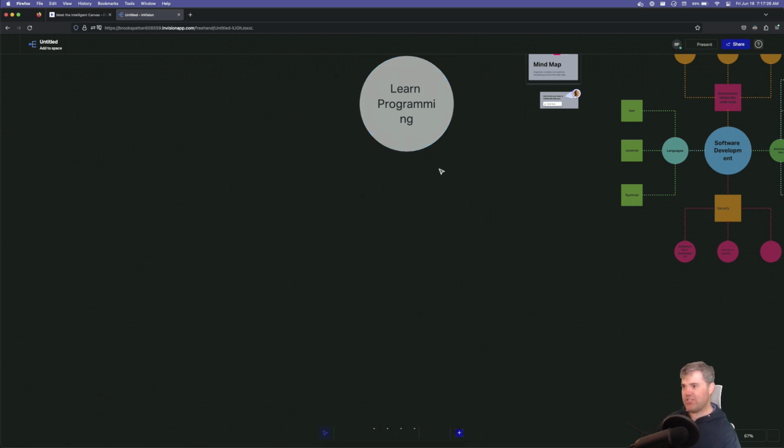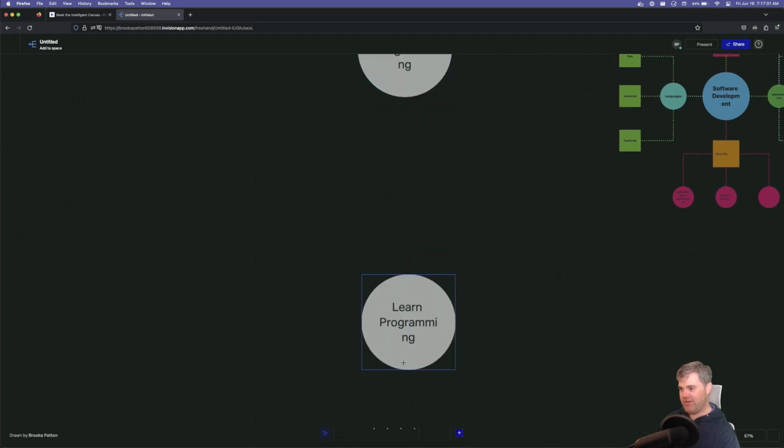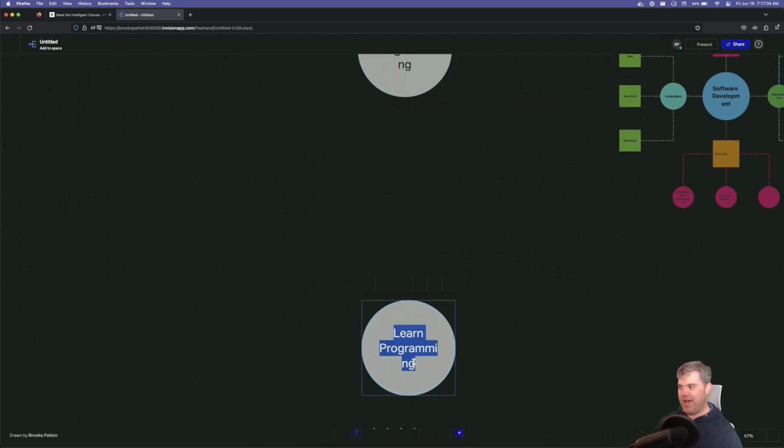Okay, so if I were to start a map like this, let's say we want to learn programming as the end goal, and down here we'd have, what's an oversimplified way of describing somebody who literally can do anything in the programming world? It's like you know everything. You are a programmer. You are like, I guess it would be full